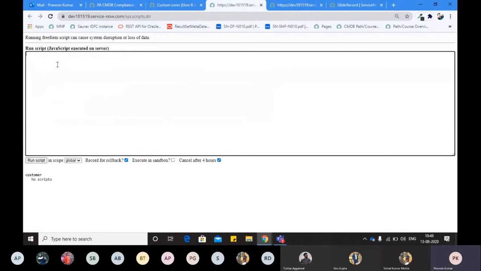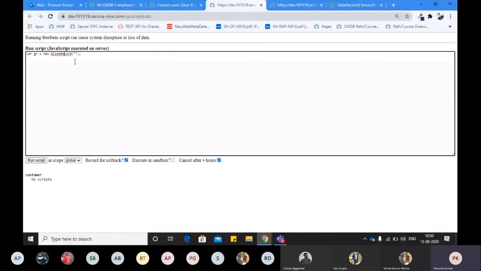So how do we initialize it? Glide Record is an API, which means it's a class, so we always have to use the new operator. First we create the object of that class. I will give some name to this object, for example gr, and I am using the new operator, GlideRecord. Whenever you call a class, you always call a constructor. If you don't know about the constructor properly, let me know and I will explain it, but I assume all of you already know what a constructor is.